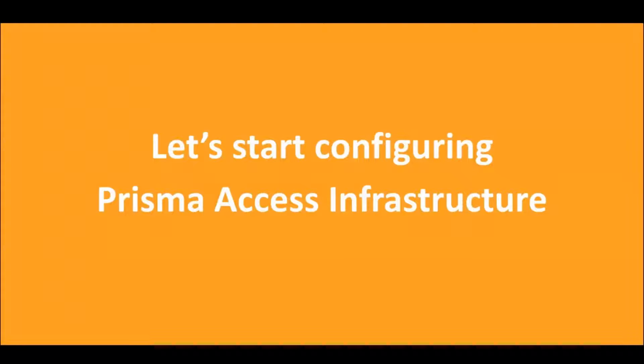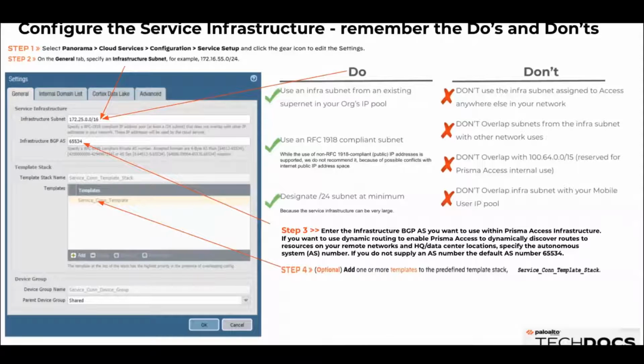Let's start configuring the Prisma Access service infrastructure. Again, here are the key considerations, some do's and don'ts which you should consider, and make sure that you're following the best practices. First step is to log into your Panorama. Go to the Panorama tab. On the left, you will see the cloud services